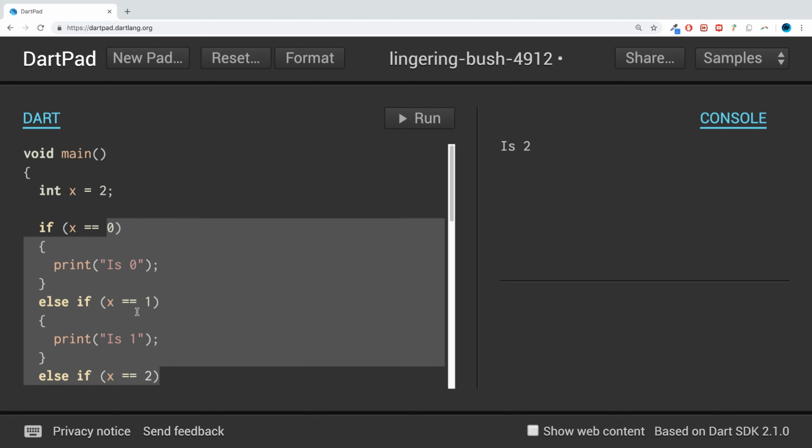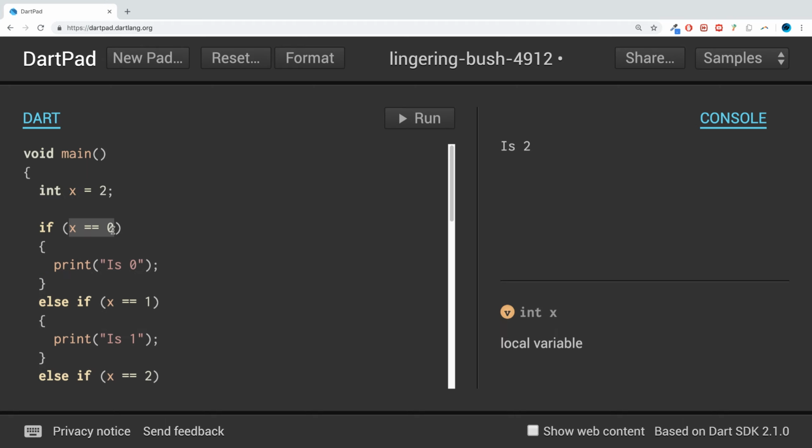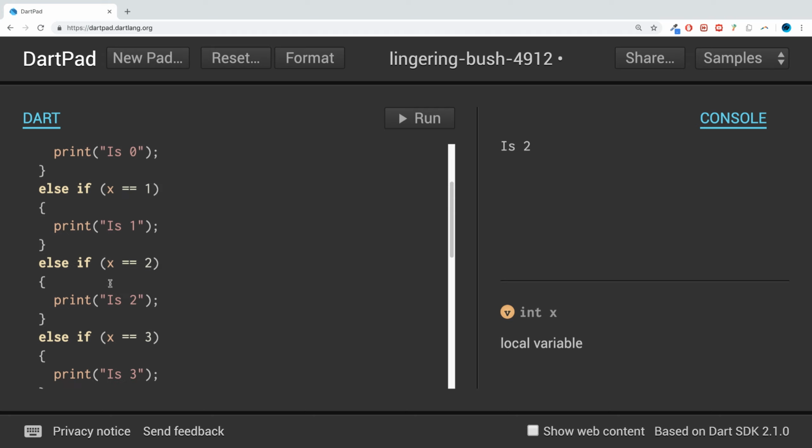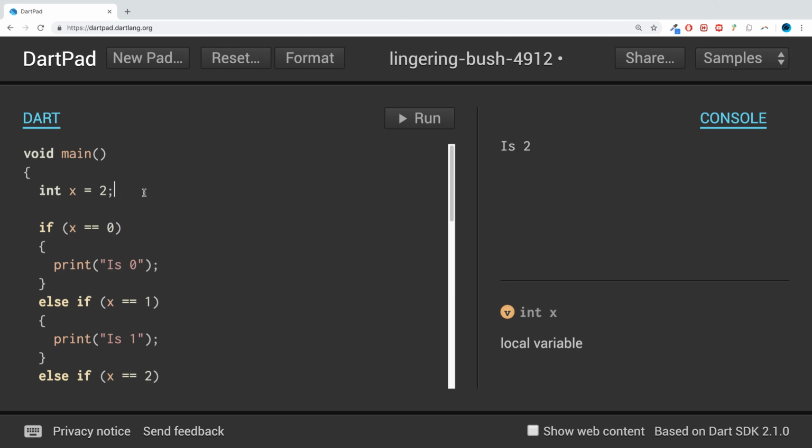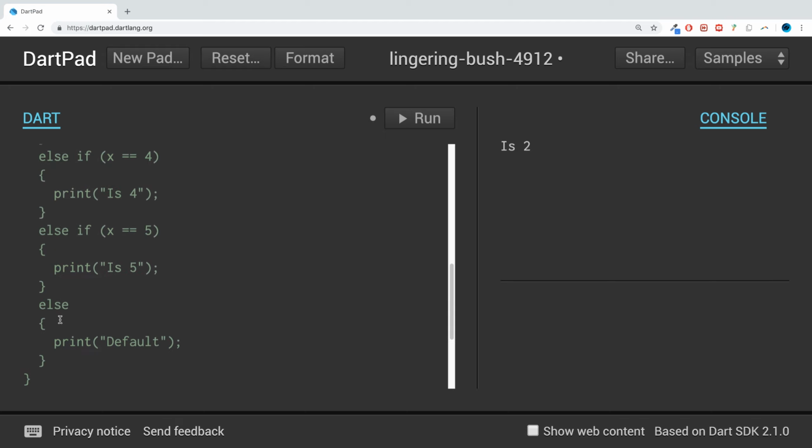But if all the condition that we're checking is if the variable is equal to a certain value, nothing else, if we're not checking a range like greater than something else, or doing multiple conditions and chaining them together, then a switch statement is just easier to write. That's, simply put, the main reason you would use a switch statement. So instead, if I comment this out,